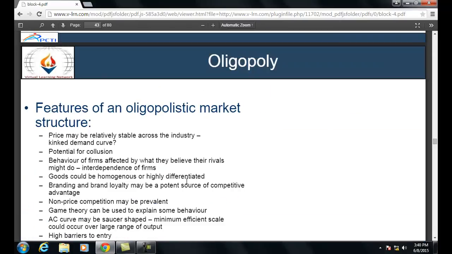Oligopoly features of an oligopolistic market structure: price may be relatively stable across the industry, kinked demand curve, potential for collusion, behavior of firms affected by what they believe their rivals might do, interdependence of firms, goods could be homogeneous or highly differentiated, branding and brand loyalty may be an important source of competitive advantage, non-price competition may be prevalent, game theory can be used to explain some behavior, average cost curve may be saucer shaped, minimum efficient scale could occur over a large range of output, high barriers to entry,